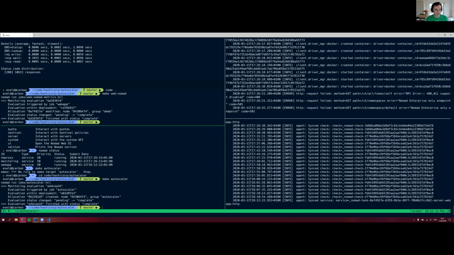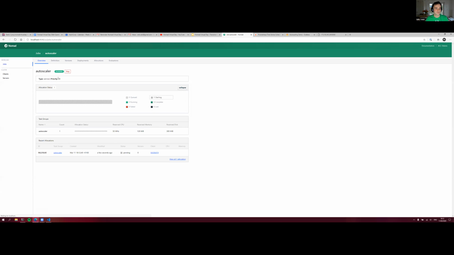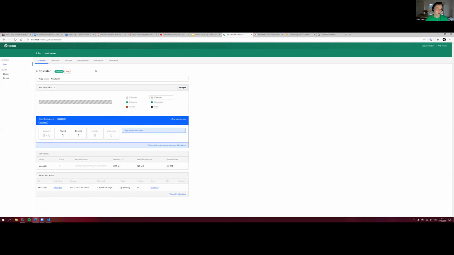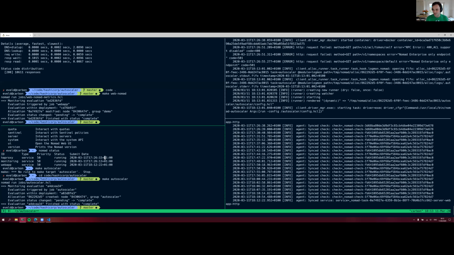So I'm actually running the Autoscaler on top of Nomad. And as you can see here, we're now deploying that. And it's now running. So let's grab the logs of the Autoscaler so we can actually see it react to the information.